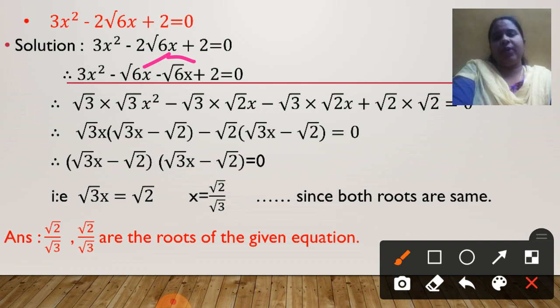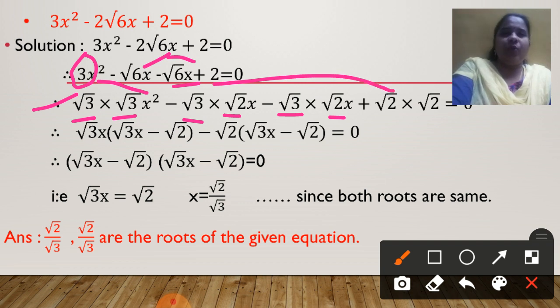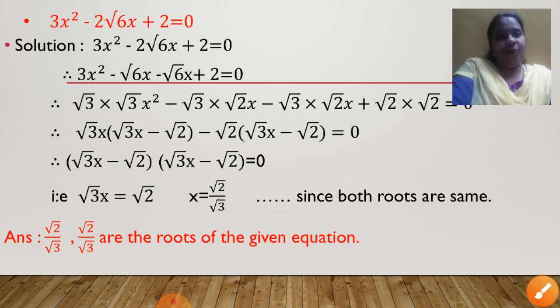Okay, now let us try to take common. In order to take common, so that you understand, I have increased this particular step. If you don't want, you don't write. It is absolutely depending on you. Okay, what I have done in this step so that you understand. This 3 is purposely written as root 3 into root 3 and this x square as it is, no change. Correct? Root 6x, root 6 particularly is written as root 3 into root 2. See, root 3 into root 2, 3 2s is 6, that is root 6. Again this root 6 is written as root 3 into root 2 and this 2 finally is written as root 2 into root 2. Okay, do not worry, it is not difficult.